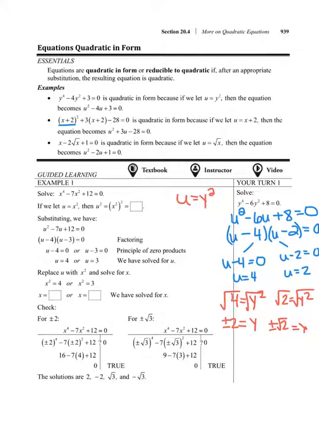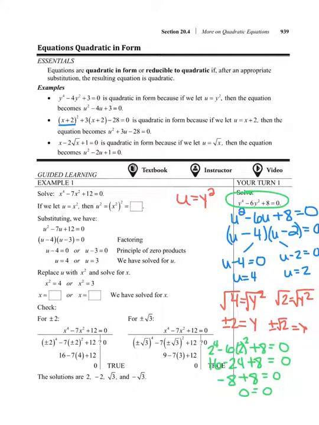So I'm going to check positive 2 first. So going back to my original, so 2 to the fourth minus 6 times 2 squared plus 8 equals 0. So 2 to the fourth, 2, 4, 8, 16, minus 2 squared is 4, 6 times 4 is 24. 16 minus 24 is negative 8 plus 8 equals 0. 0 equals 0. So positive 2 is a solution. Next I'll check negative 2. So negative 2